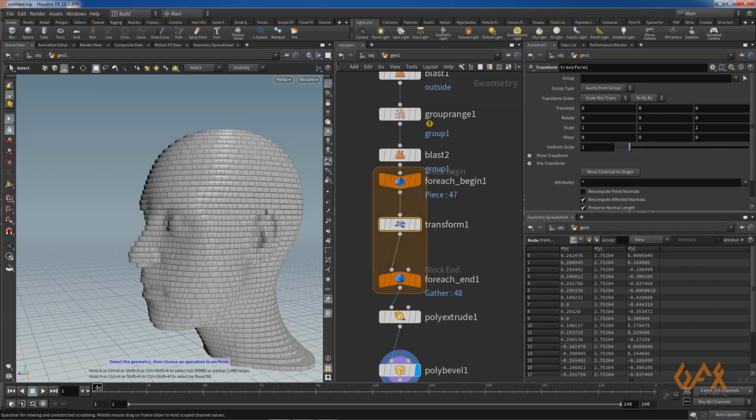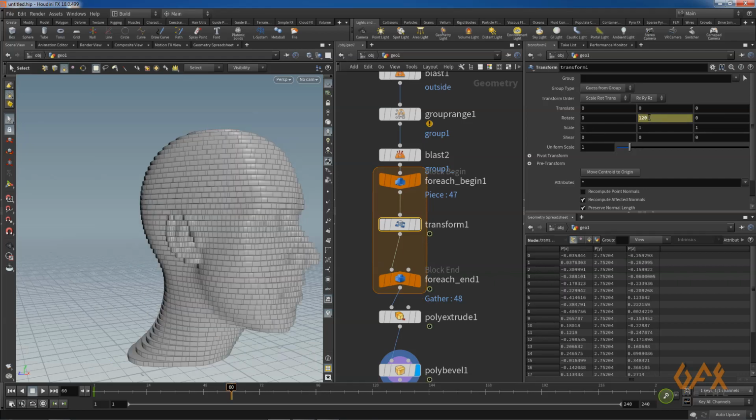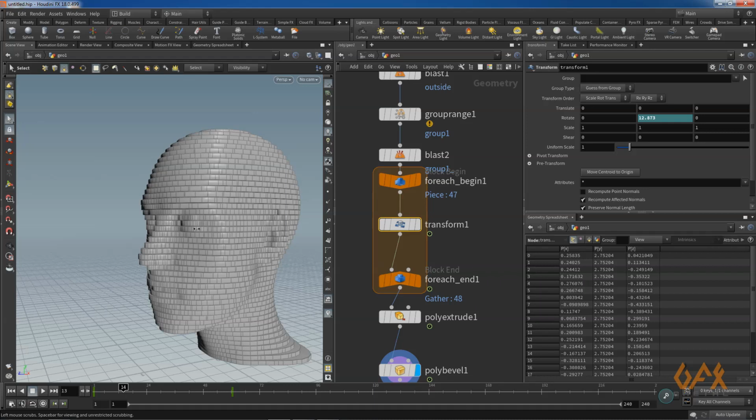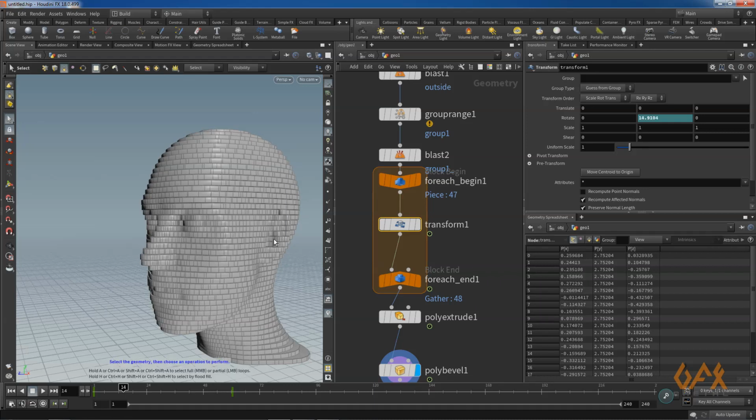So if I rotate this thing, Control Alt and click over here, I just move on to maybe 60 and apply 120 degrees. So it applies on each and every piece of this thing.